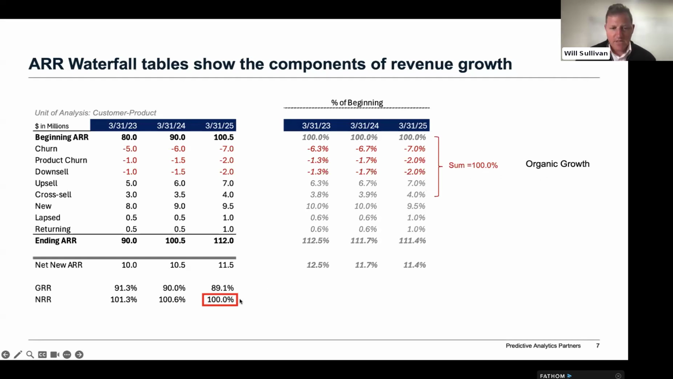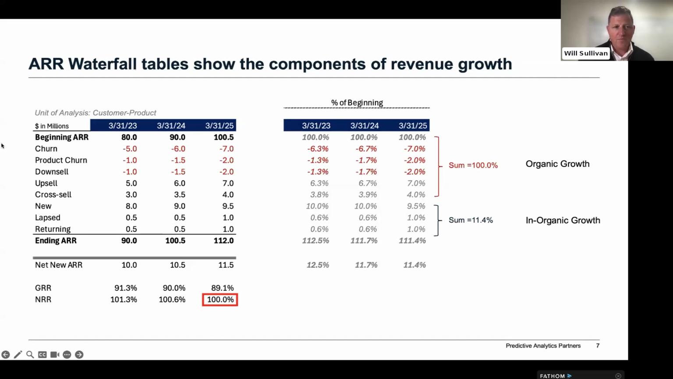We get net retention rate, which is an example of organic growth. And that's where we get this calculation of simply 100 because we went up by 11 and dropped by 11. When we think about inorganic growth, it comes from acquiring new ARR and then this idea of lapse and returning. And for most of y'all who've seen ARR waterfalls, if you see lapse and returning, and we see this unit